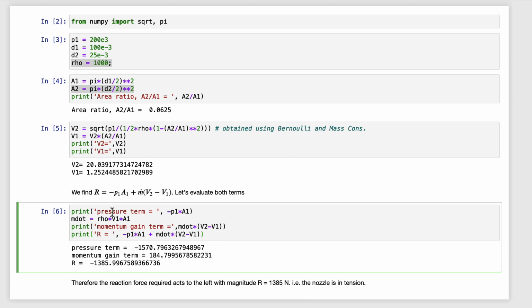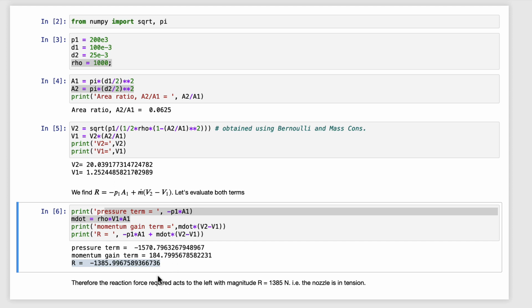It turns out in this case that the pressure term is actually quite a bit larger than the momentum gain term, by about a factor of 10 or so. So it's mostly the pressure difference that's causing the reaction force on the solid part of the nozzle. To maintain the nozzle in place, you actually have to provide a leftward reaction force of 1,300 and some change newtons in this case, which means that if I wanted to attach this nozzle to a hose, I would have to have some bolts that would be in tension,